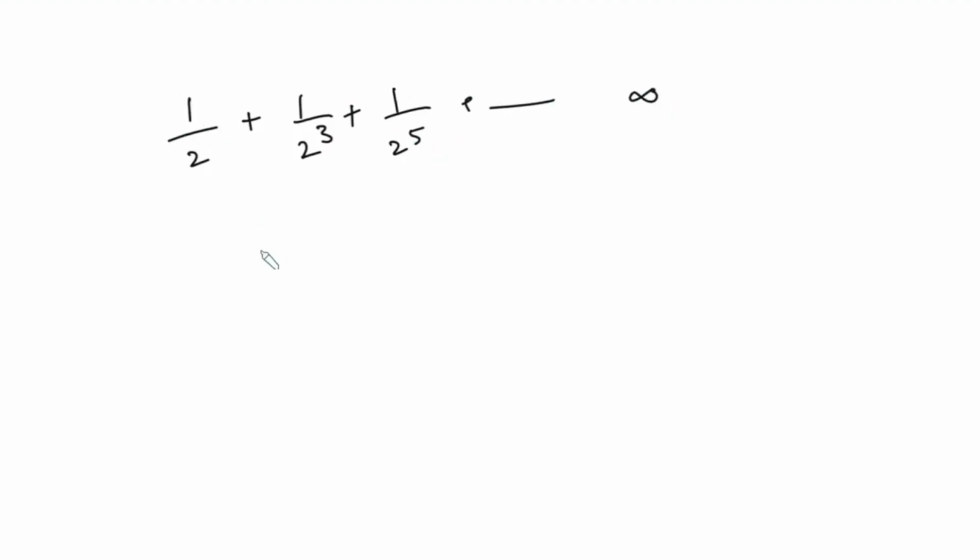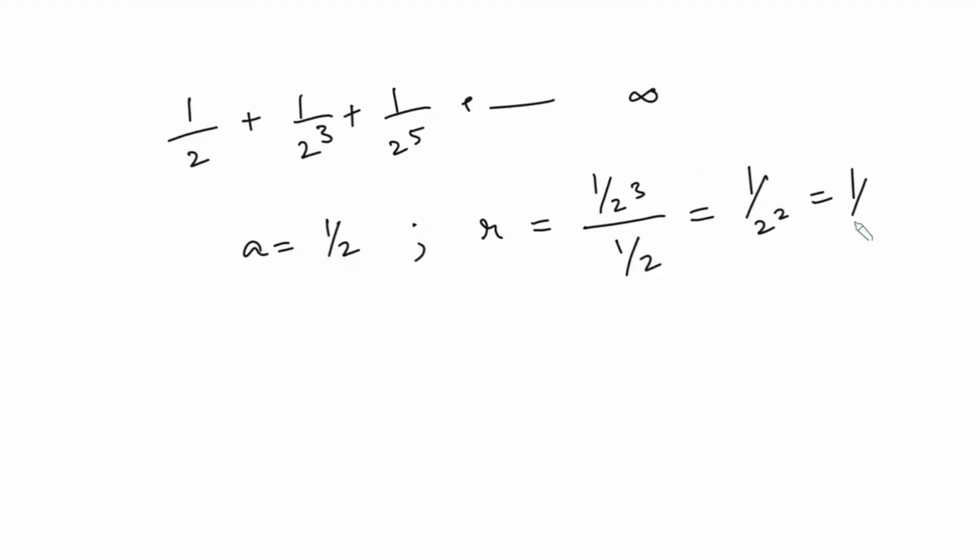Here a is 1 over 2 and the common ratio is 1 over 2 cubed divided by 1 over 2, so a2 over a1, which gives us 1 over 2 squared or 1 over 4. So the sum of this particular series, I am calling it series 1,